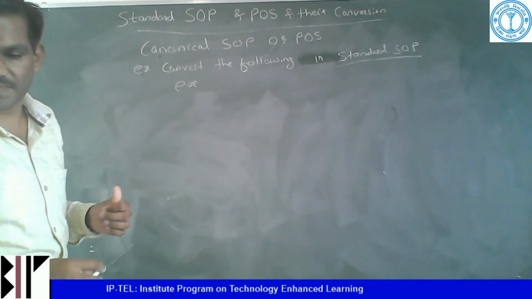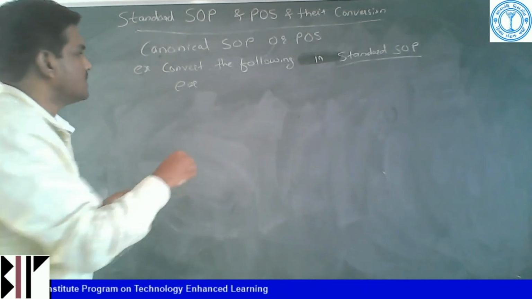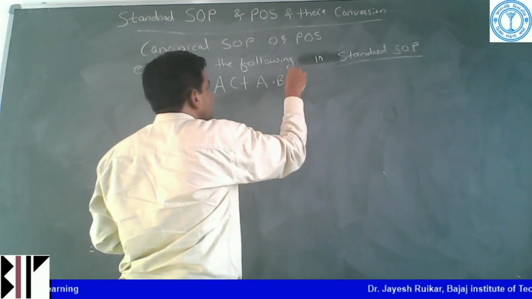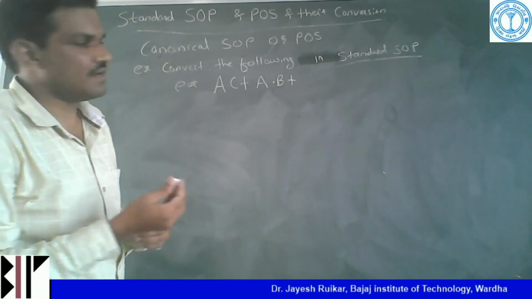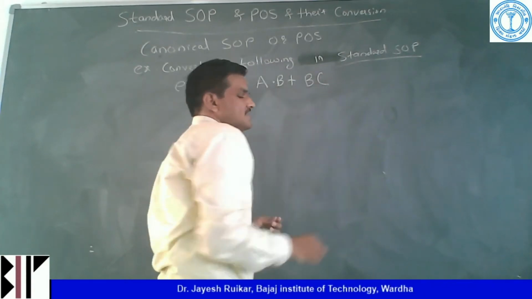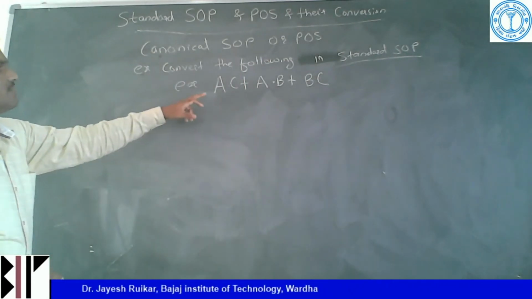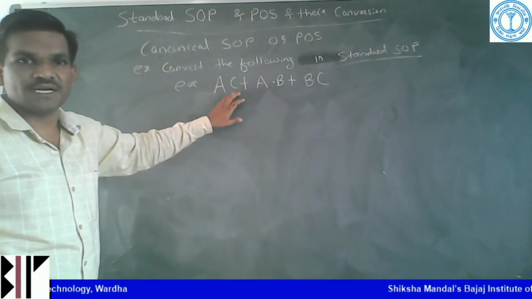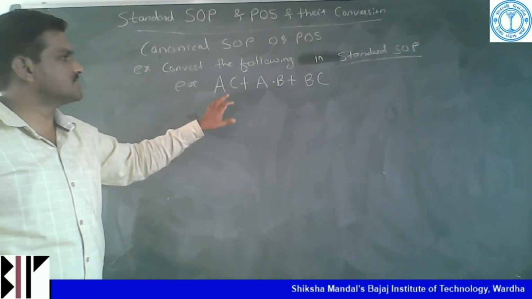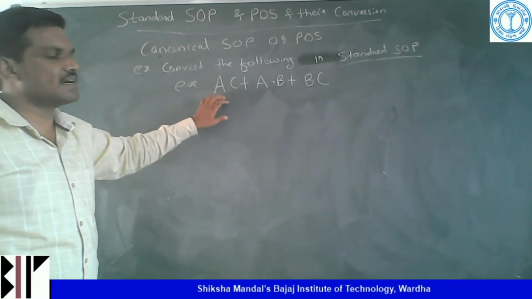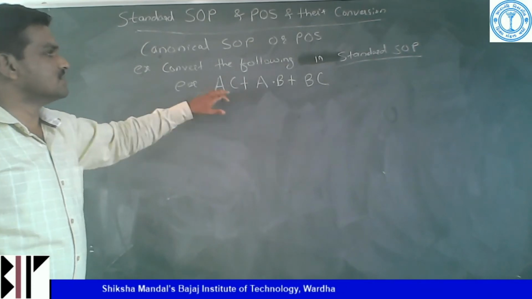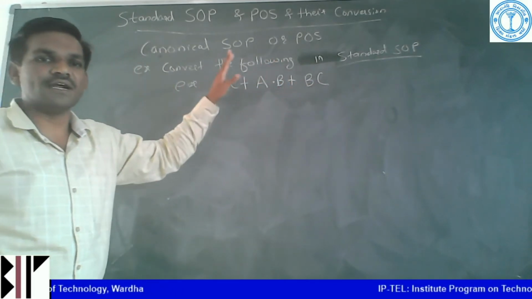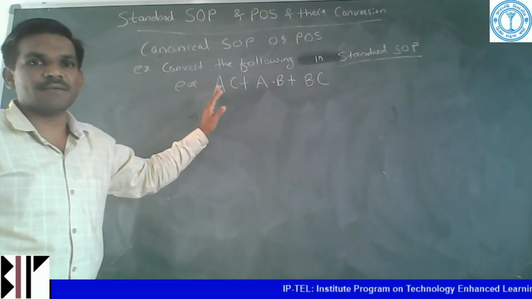The expression is, for example, AC plus AB and BC, obviously dots are there. Now, when you look at this example, we have to convert it into standard SOP. This is in sum of product form, but it is not in standard sum of product form. Why? Because some of the literals are missing. Some of the variables in their normal or complementary form are missing in this particular example.